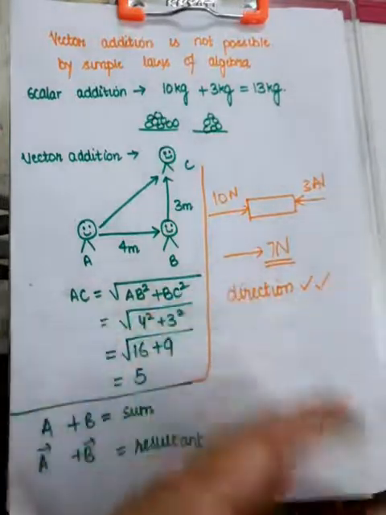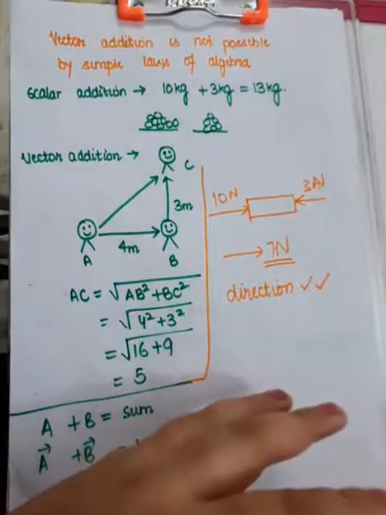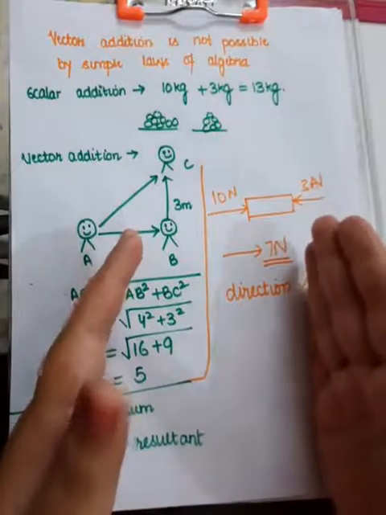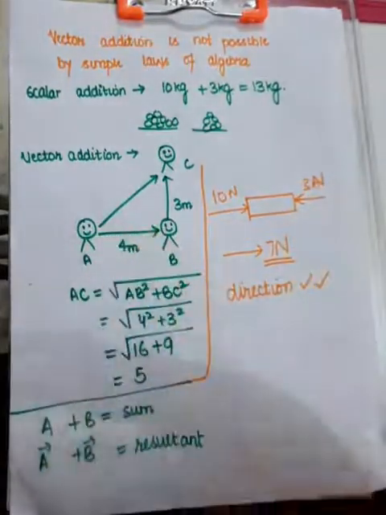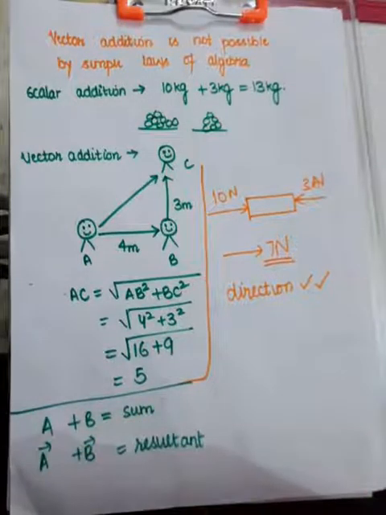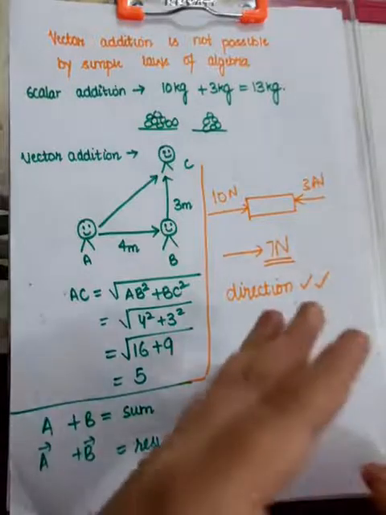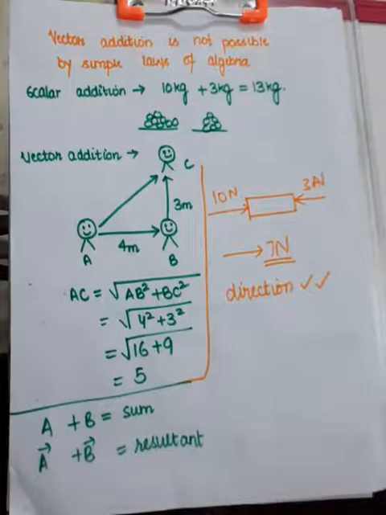Similarly, time is also simply added. 10 minutes plus 20 more minutes will give you 30 minutes overall. 5 meters of length added to 7 meters of length will give you 12 meters of length. So these are scalars, and scalar addition is very, very simple. But when we are adding vector quantities, our problems eventually increase. For the reason being, here you do not only pay attention to magnitude, in fact you pay attention to the direction as well. I'll give you one example.